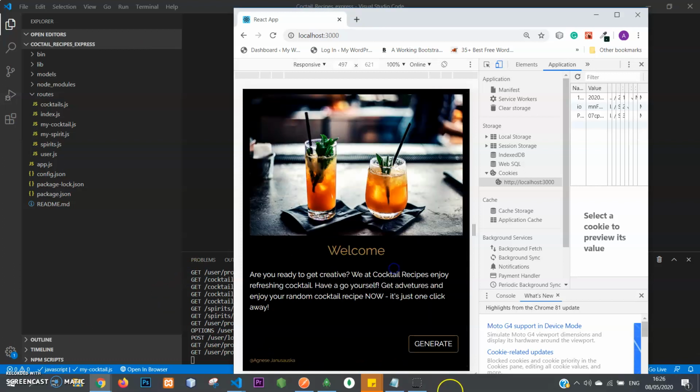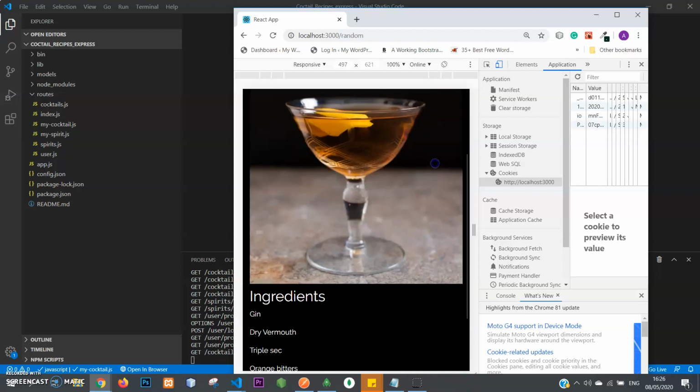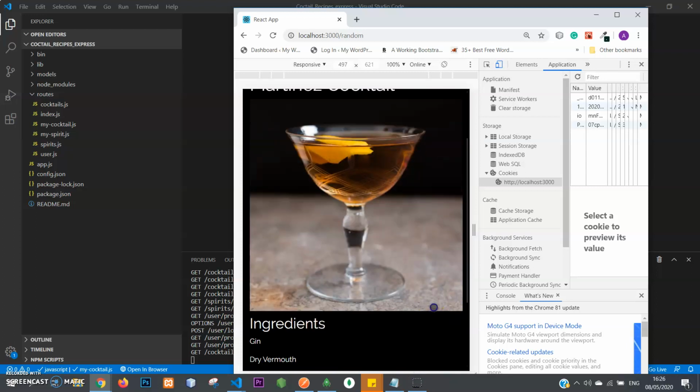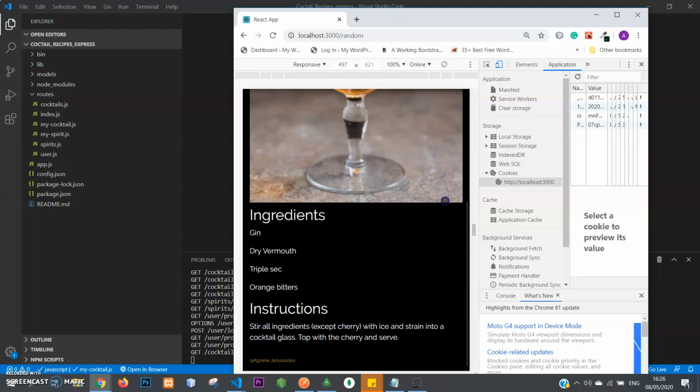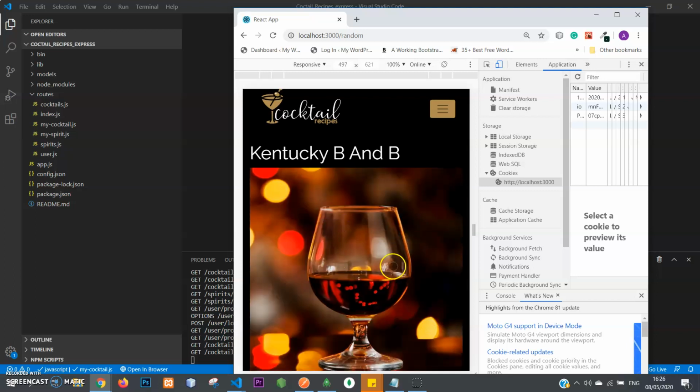This is the home page, and if you press on generate, it's going to generate a random cocktail, which comes with the name of the cocktail, the image of the cocktail, as well as the ingredients and instructions how to do it. This is random, so every time you refresh it, it's going to come with a different